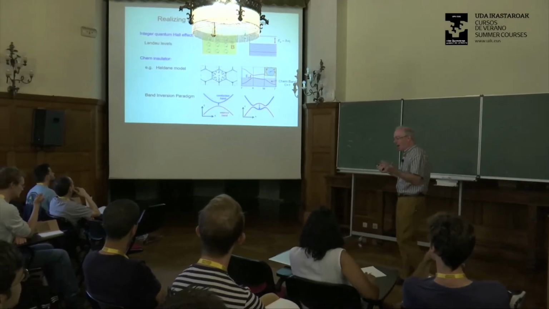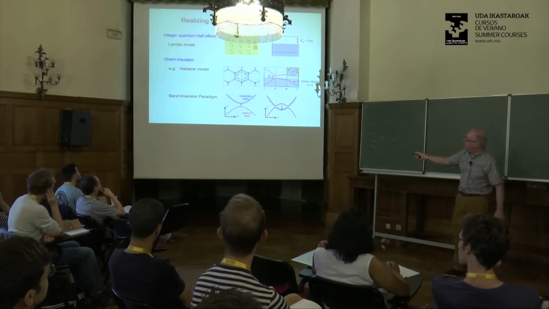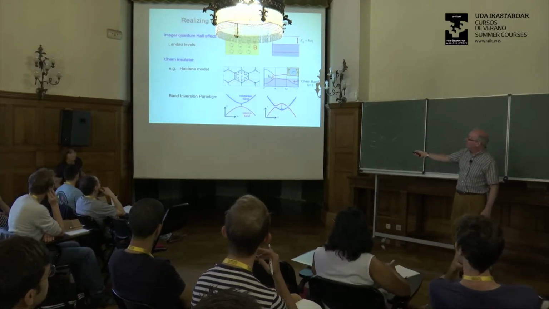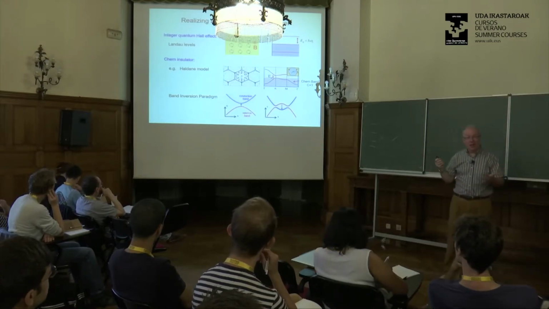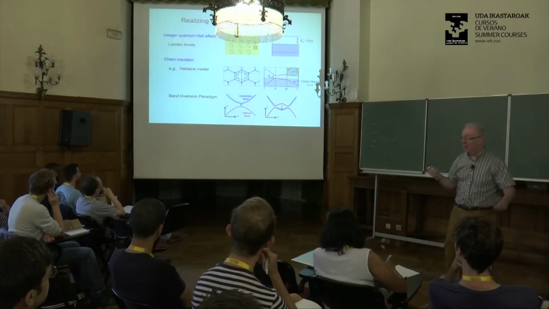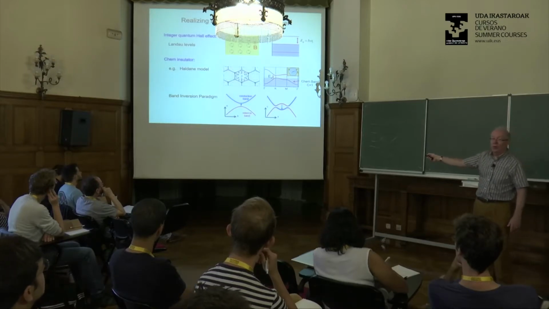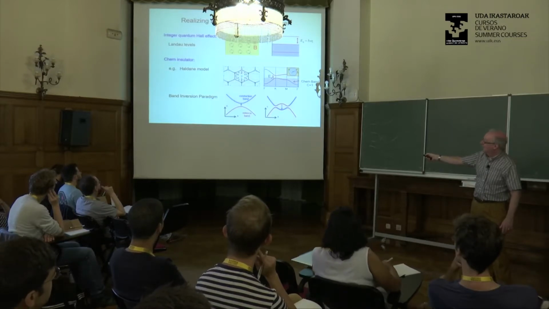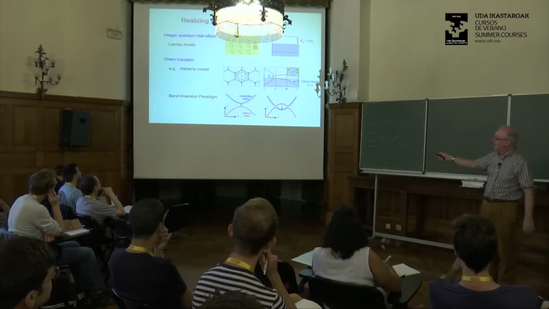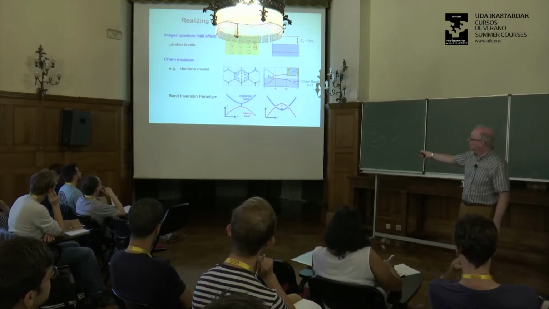But by now we have other ways of doing this as well, and of course this goes back to Haldane, who wrote down a very simple model on a honeycomb lattice. As long as you break time reversal symmetry, then it's in principle possible to have a non-zero Chern number. And so Haldane wrote down a very simple way of accomplishing that, basically starting with graphene and turning on a second neighbor hopping term that breaks time reversal symmetry. He was able to see that you can get a filled Chern band.